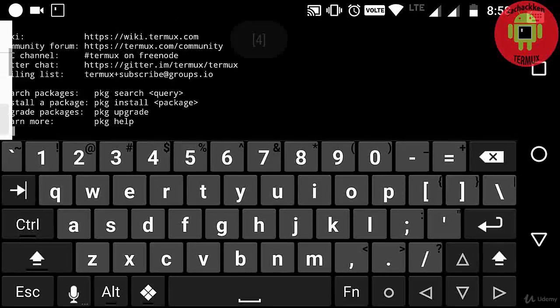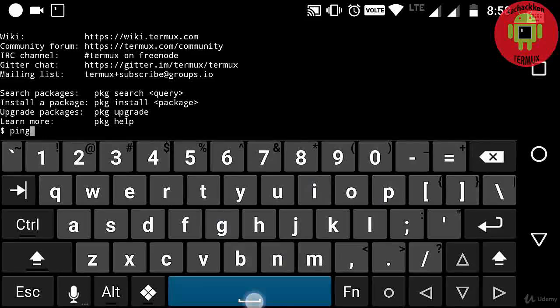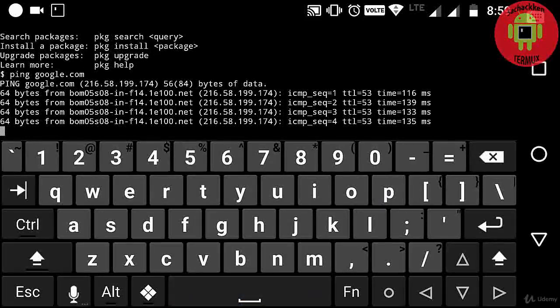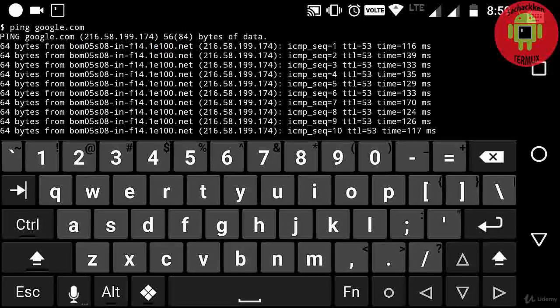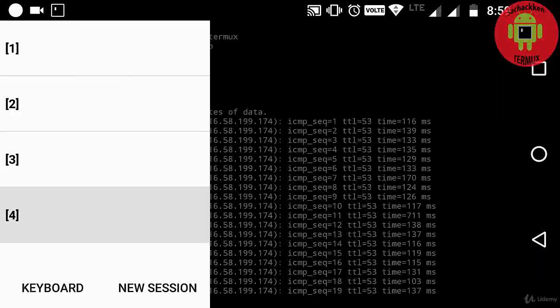Here I am opening another session. Now I am going to type ping google.com. Now here you can see the IP address. I am just going to copy it, and next coming back to my session,